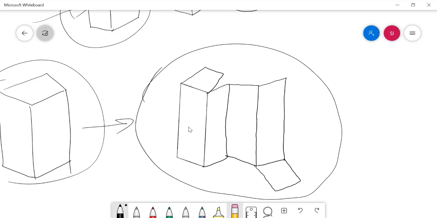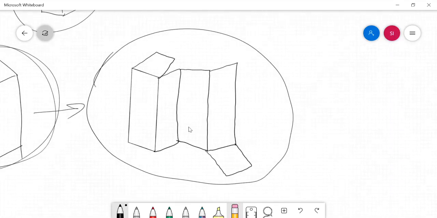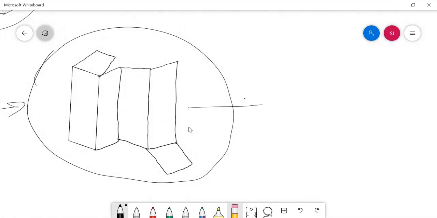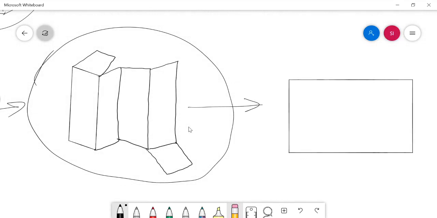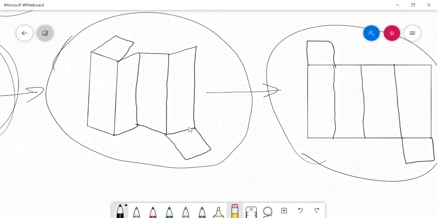When you uncover this box, you will get this structure. If you flatten this, then you will get a development like that. A flat surface will be obtained. This is nothing but the development of the surface of the solid.